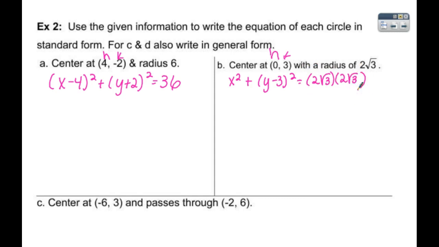Say that again. Yes, because it's minus in the formula. Okay, so I want to take 2 square roots of 3 times 2 square roots of 3. So 2 times 2 gives me 4, and the square root of 3 times the square root of 3 is 3. So 4 times 3 is